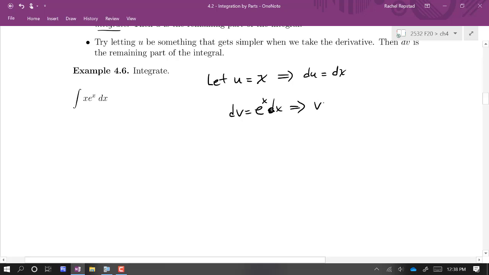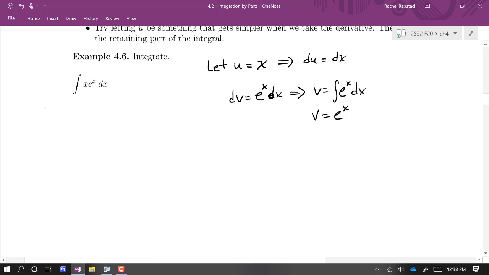So v is the integral of e to the x dx. We take the simplest antiderivative, and of course e to the x is its own integral. So v is equal to e to the x. Now we can set this up. I always begin